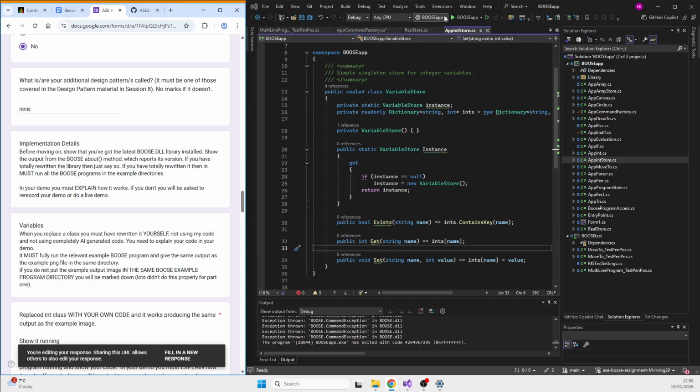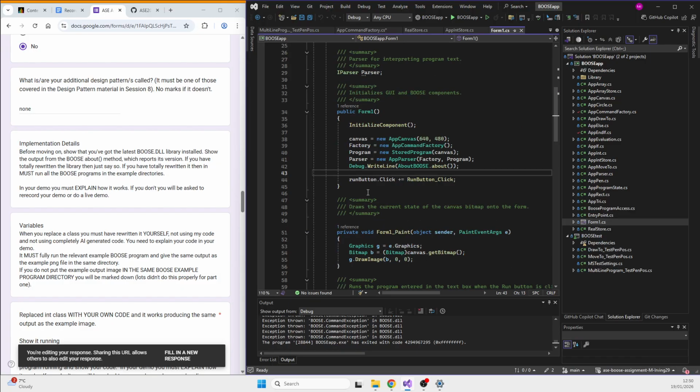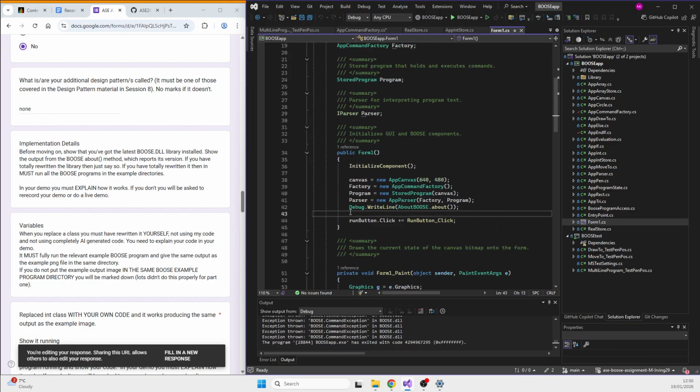Implementation. So I'll show the about BOOSE really quickly. Here it is in the form one. So it just shows the version and the little sketch of the BOOSE icon. So it's just run every time the forms run pretty much.